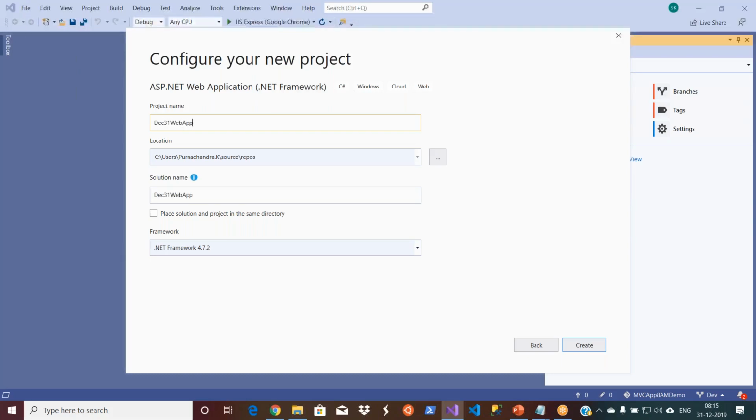Web app 8 a.m. This is for my reference. I just give the batch names actually. And this is the project name. If you want to give a solution name, you can give it differently. I always give a different solution name, just to differentiate, because your solution contains different project names, right? If your project name and solution name are the same, and you have other project names, then you get confused. Always give a solution name different from the project names. Of course, you will not be creating these things. The developer will be creating them, but still you should understand these things.